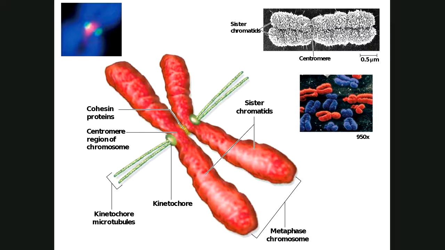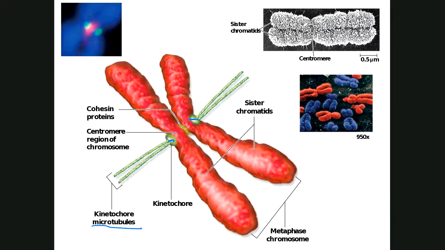We talked about the cohesion proteins. Those are held together. We've talked about the centromere. Now, the centromere is the region. The structure at the centromere, this thing called the kinetochore, is a protein that is attached one to each sister chromatid. Right? You can see, well, there's one there and there's one there. Those kinetochores are connected to things called kinetochore microtubules. Now, that's a new word, but this one is not. Microtubules.